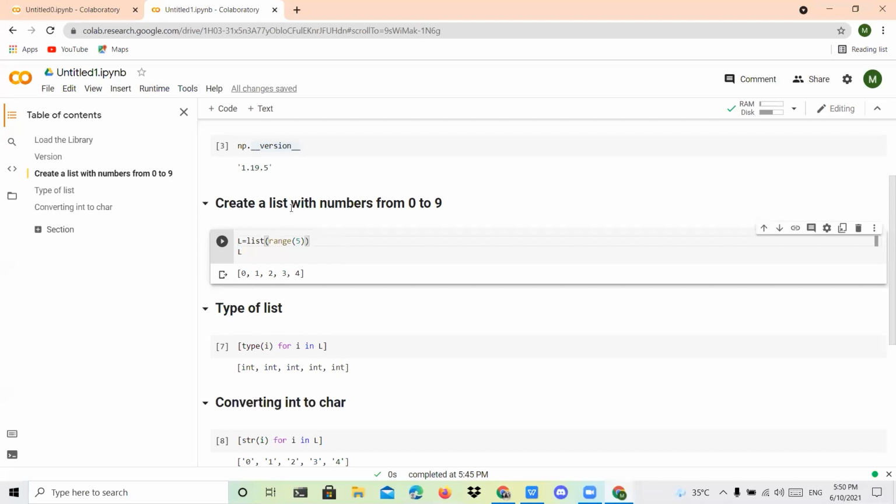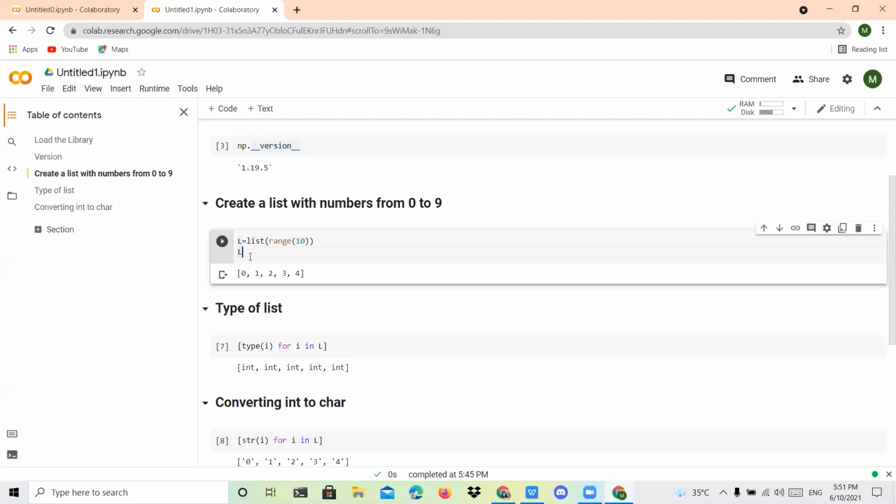First one is to create a list with some numbers. Whatever range you want to give, you can give it. Suppose I give L is equal to list of range. This is the syntax, with keywords. Whatever you mention, according to that the values will be displayed on the screen. Suppose I give 10. 10 means it starts with 0 and ends with 9, so the total size of the array is 10. You can also give 50, 100, 1 lakh. All these values will be stored in L.